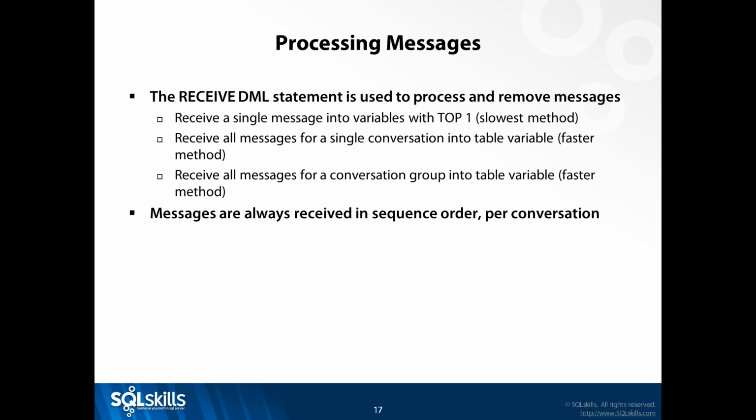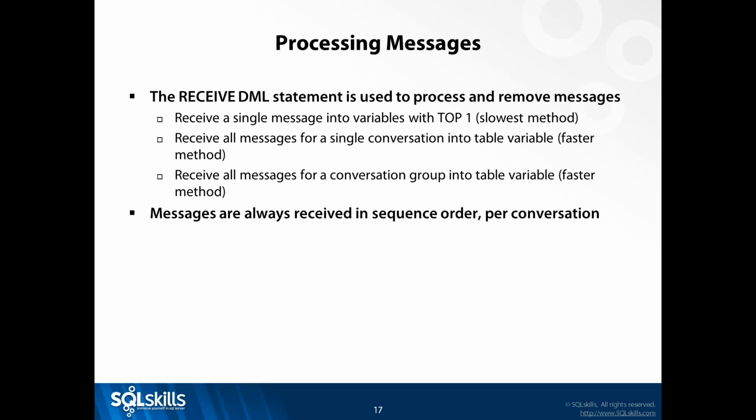And there's three different ways that you can do this in Service Broker. You can receive a single message using top one. This works for very small amounts of messages. It's kind of easy to implement, but it's a slower method of doing processing because it's row by row, message by message processing. You can receive all the messages for a single conversation into a table variable, and this can be faster because you can grab a big chunk of messages into a table variable, and if you're using XML to send data around, you can shred that in a single operation,